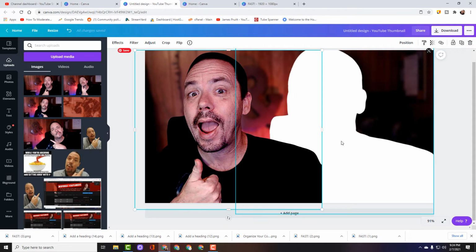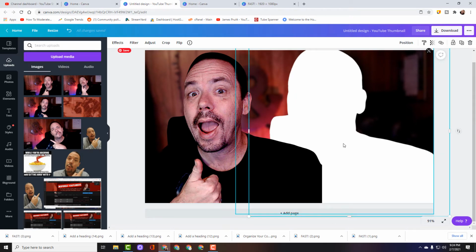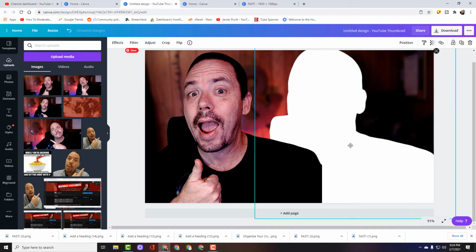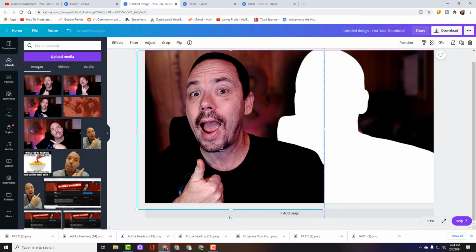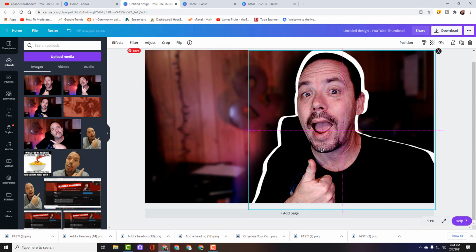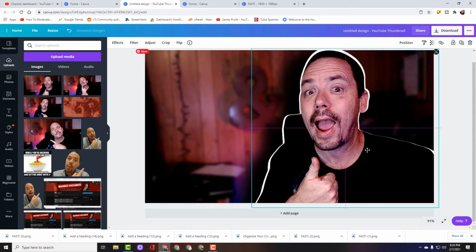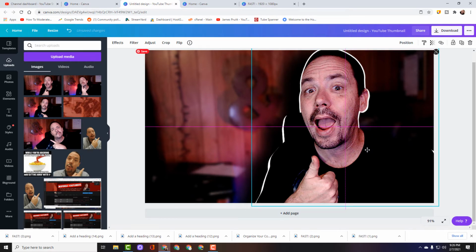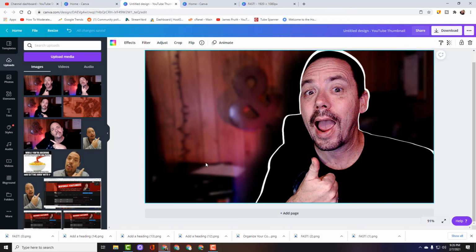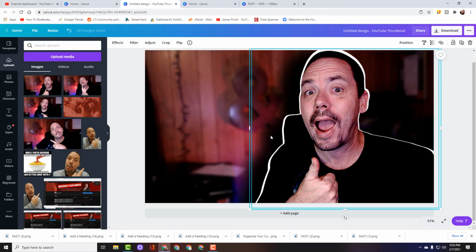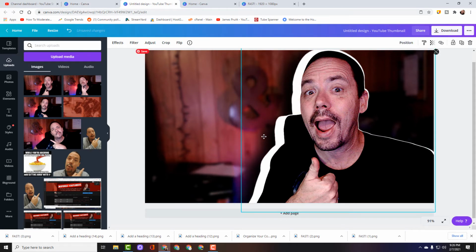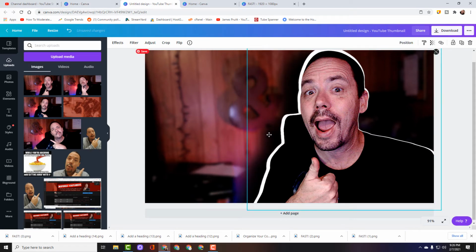Another way you can do this, you can just hold down the control key and just click through the images. Like there's my shadow. Can adjust that. Release the control. Let's move me back over. And I like that a lot better. Now we've got that white outline around my body. Makes me stand out just a little bit more. Again, we can click through. And just make